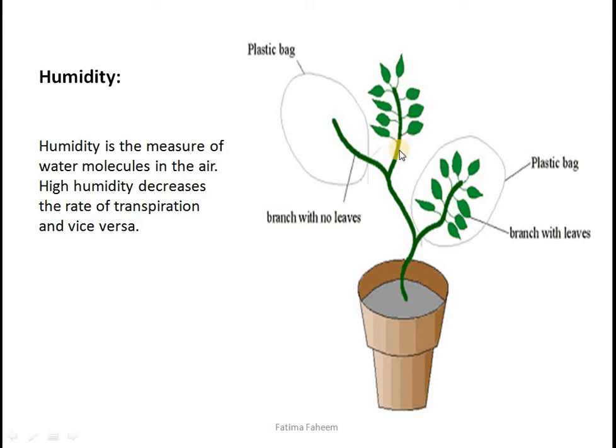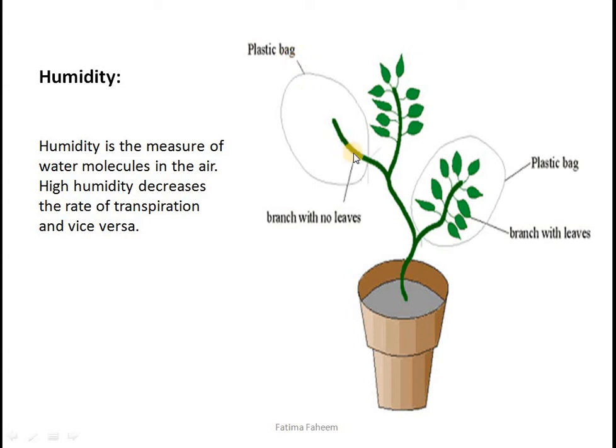On the other hand, in this shoot, the transpiration rate would continue to be constant because water molecules are being transpired. Water would be taken up by the root hair cells from the pot and it will be transpired into the external environment. They won't be trapped here.